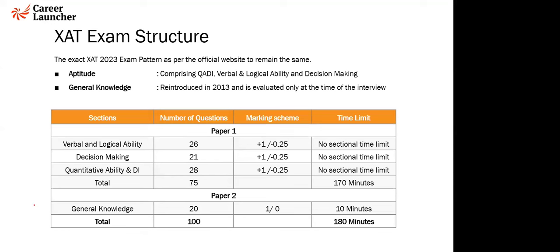I have already said what are the past papers you need to focus on apart from the mocks. Okay, Harsh is saying decision making seems subjective. What should I do? Harsh, today's session is to help you understand how to tackle decision making questions. So we'll go into that. Okay, I'm not looking at the questions. Okay, let me just see if there's something specific.